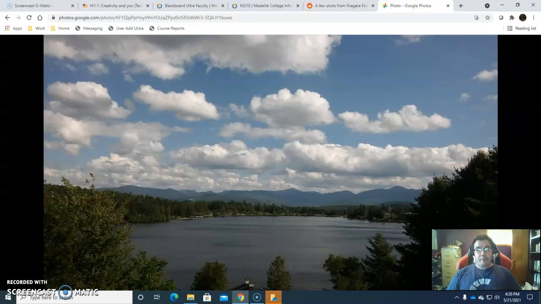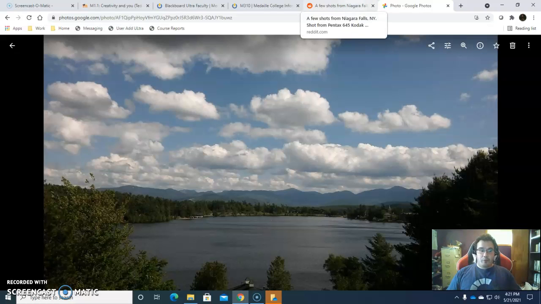This is a little bit more recent. I was in the Adirondacks with my wife, and this is a photo overlooking, I'm going to get it wrong, I believe this is Lake Placid or the adjacent lake. Can't remember. Mirror Lake. This is Mirror Lake in the Lake Placid region. So I enjoy photography. I enjoy the outdoors, and I enjoy also building websites to show these pages of photos.